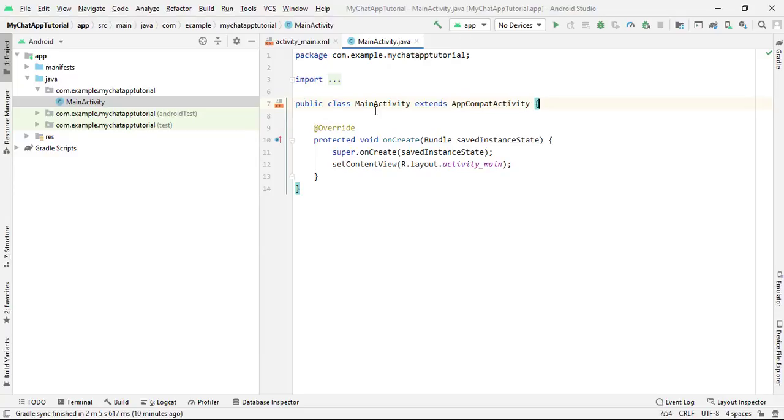First of all, try to understand the project structure. We will try to complete the UI first, and then we will write the Java code. So this is the basic flow of the code. In this video I try to complete the UI of some activities like OTP activity, save profile activity and chat activity. So let's start writing the code.